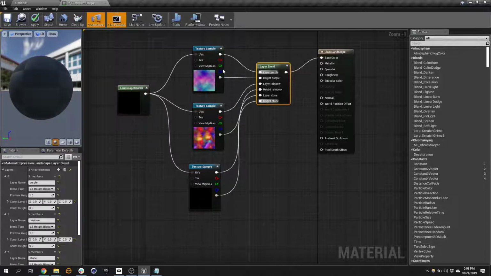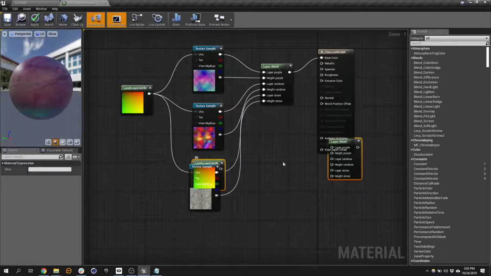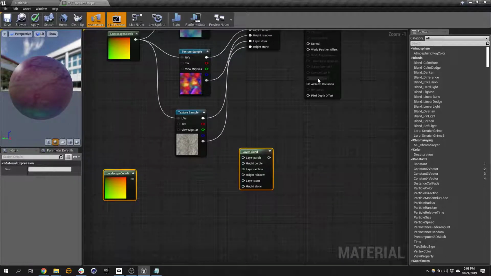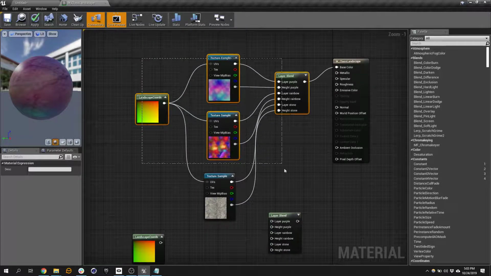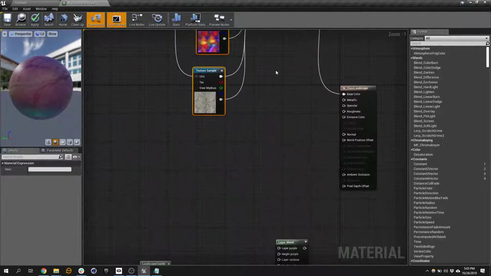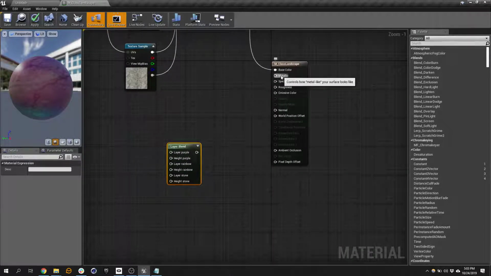And you can just copy and paste these nodes and use them again for the normals or ambient occlusion. If you remember, we did that bitmap to material and we generated a bunch of these. So this could be a really complicated, or at least busy, material if you want to do a lot of these other things. I want to go ahead and get rid of some of these textures